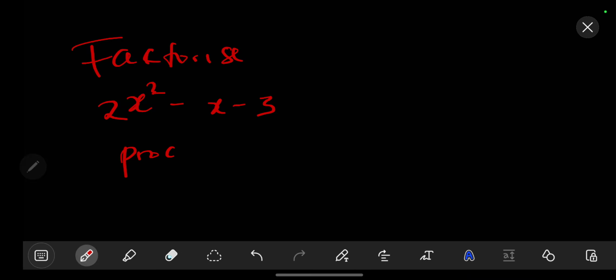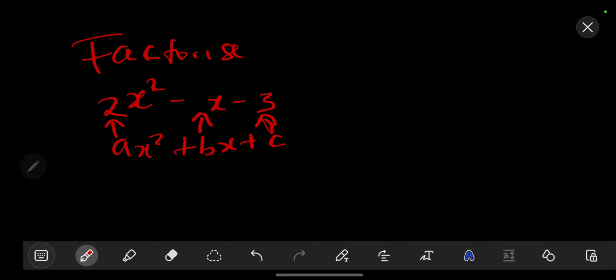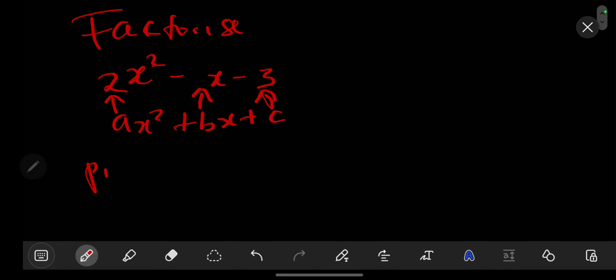find our product. So for any given quadratic equation, the equation is given in the form ax squared plus bx plus c, where this one is our a. Whichever number is connected with x squared, whichever number is connected to just x to the power 1, that's your b, and c is the number without x. So what we are going to have is that our product will be equal to ac, which is equal to